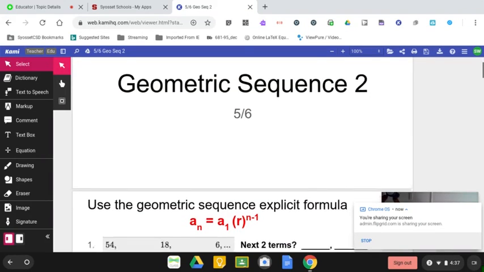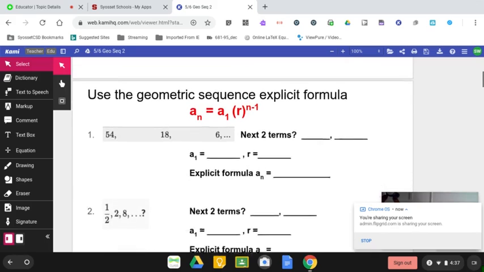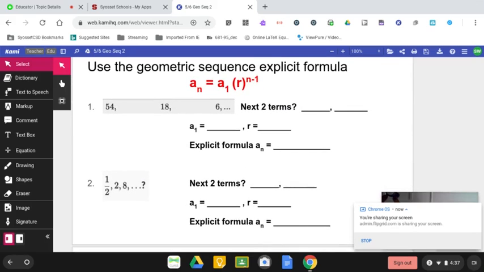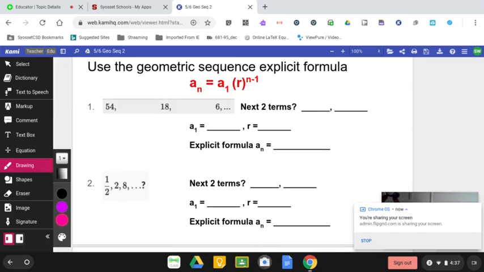How does the geometric sequence relate to the exponential function? If you recall a little review from yesterday, we have a geometric sequence here, and you'll be given the geometric sequence explicit formula on your reference sheet. So really, all you need to do is identify the first term and the common ratio, and you can write the explicit formula. This sequence, 54, 18, 6, the first term is 54,